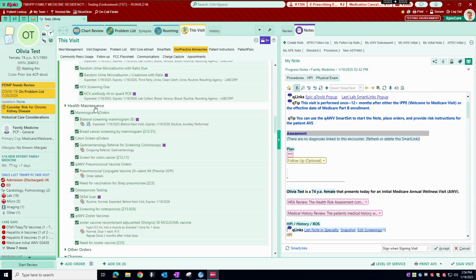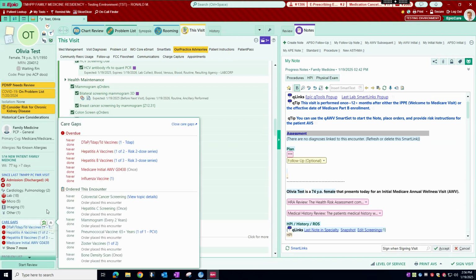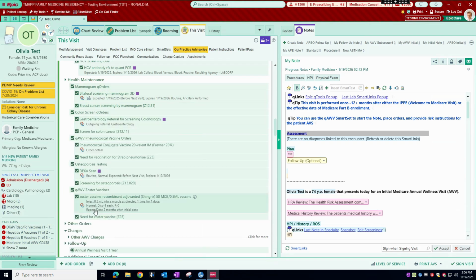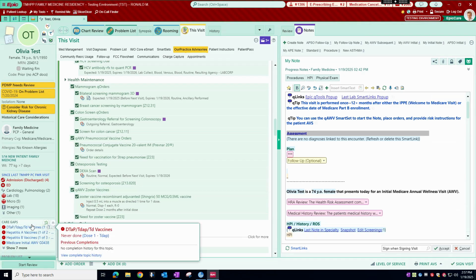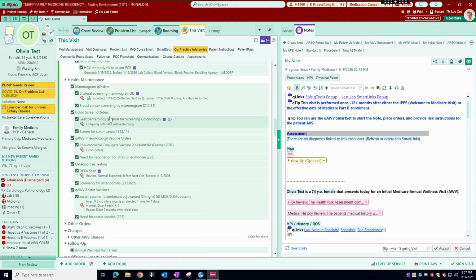Here's another section, health maintenance. All right, so this one is leveraging the Care Gaps dynamic SmartSet, but it does also include some of the adult vaccines, right? If you watch the HM Care Gap video, I talked about how vaccines many times aren't included, especially the pediatric vaccines. But this one, yes, because it's an annual wellness visit, it's going to be an adult, older adult. This is going to capture whatever health maintenance care gaps are needed. All right, so